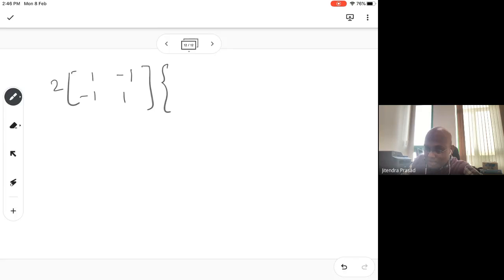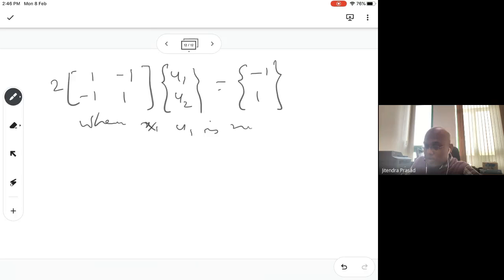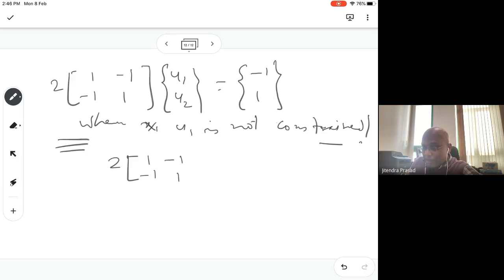U1 we don't know, U2 we don't know, equal to, if F1 is -1 and this you have, this is the solution, right? This is what it will be when U1 is not constrained, right? Got it? In the original problem, you have this 2, 1, -1, -1, 1,